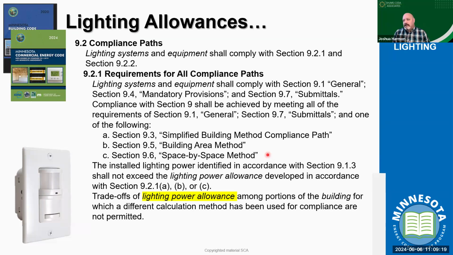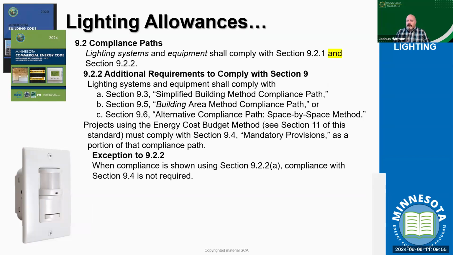And sometimes it's important to evaluate from a design perspective what interior lighting allowance we're going to utilize, right? Again, building area, easy. Space by space is a little bit more specific to maybe a design. So if you have a huge back space and a very small open space for maybe where we have lighting for displays or merchandising or sales, then you may choose a different path. But again, that flexibility exists there for the design professional.